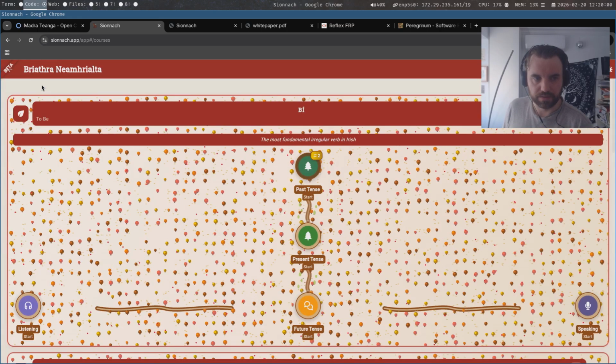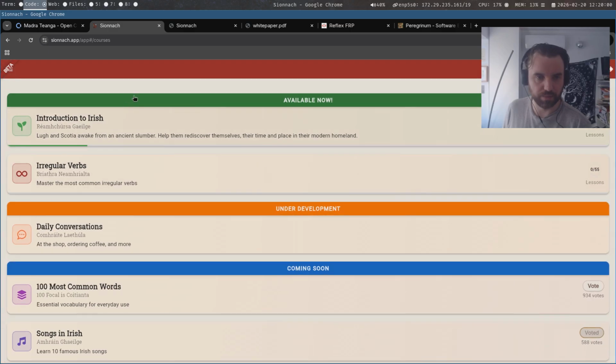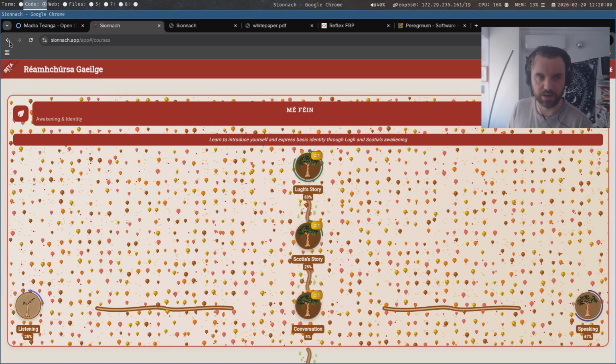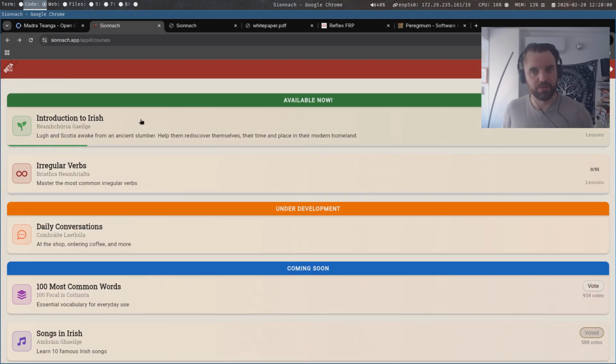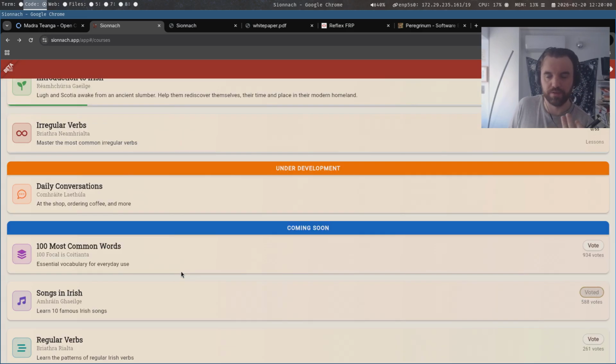Yeah, so that's the current state of the app, and we did these two, and then this one was written but hasn't been released because I need to get it proofread, need to get the different dialects done. A lot of people reported, I think people assume because you select your dialect that the text is also, but it was just me writing the courses, so I could just do what I knew, but I couldn't do Ulster, for example. And then we're fixing that, so that goes into daily conversations. And then going forward, each will be proofread, each will have the audio for each dialect, and yeah, we just keep going like this.